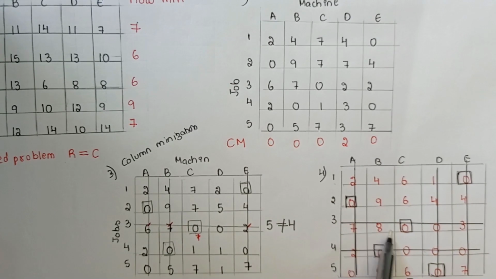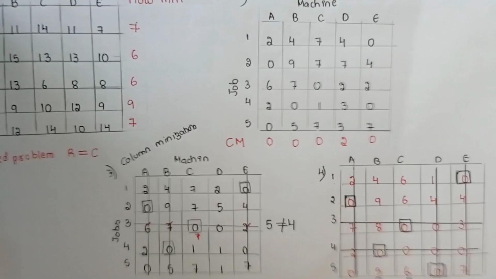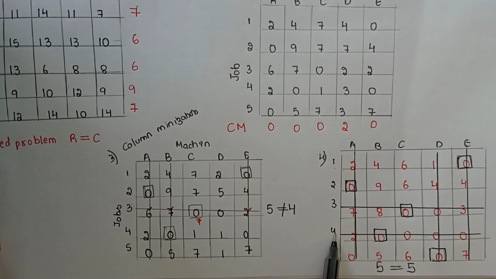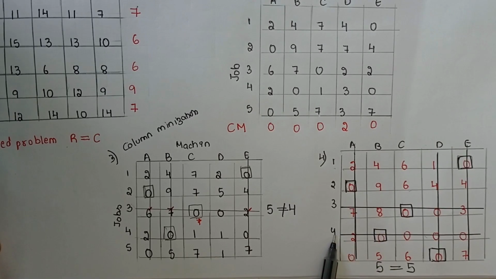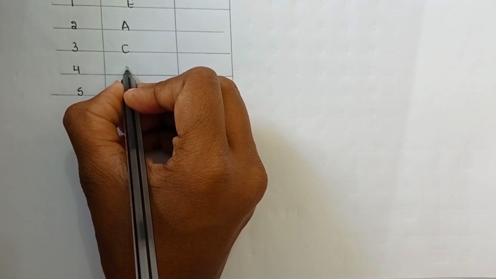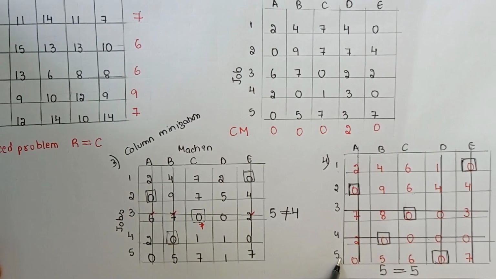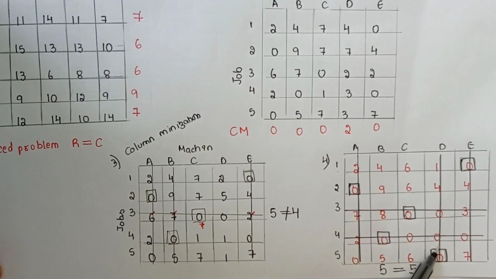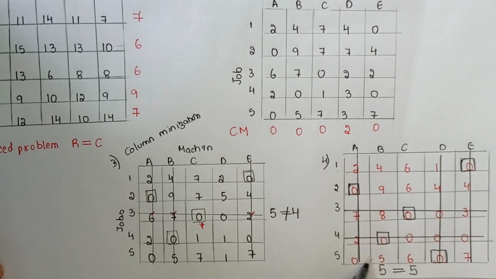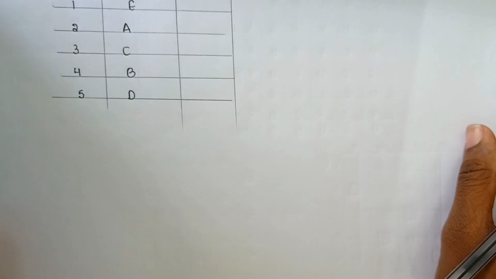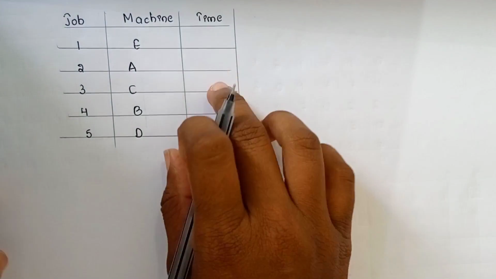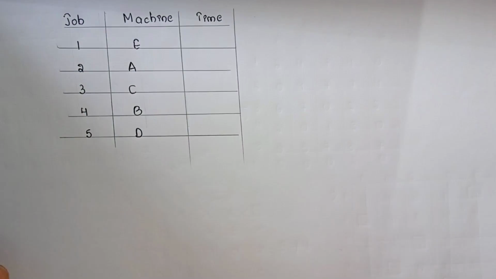The third job is performed by the C machine. And the fourth job is performed by the B machine. So 4 is B. And the fifth job is performed by the D machine. So 5 is D. Now how we have to find out the time is, for identifying the time you have